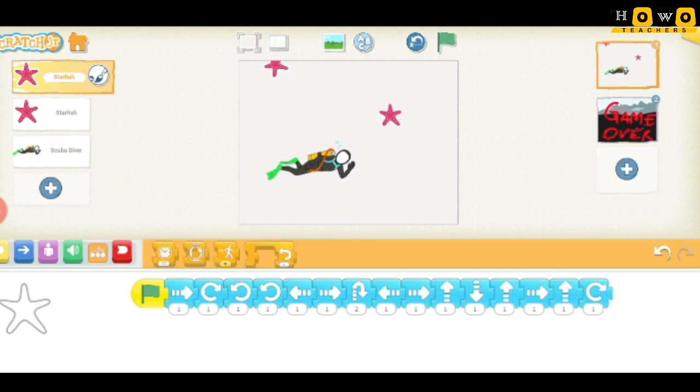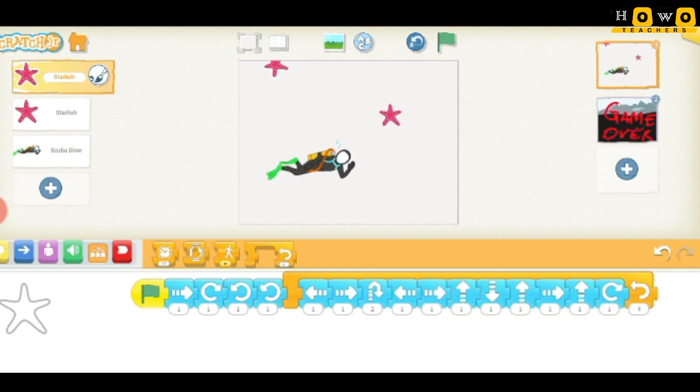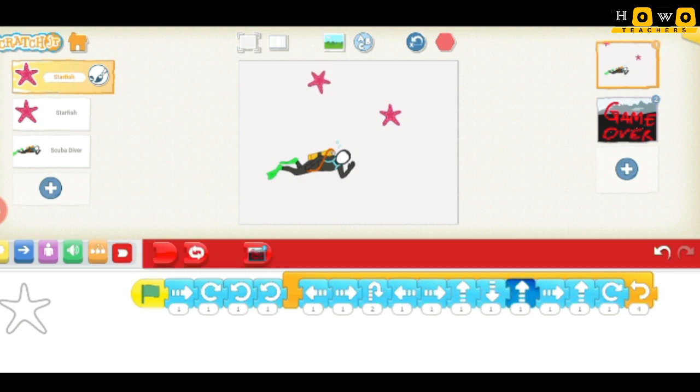Now I am going to add this block, and this block is actually the loop. Loop is the thing where whatever we have added inside it will get repeated again and again. So this is the loop that is going to happen again and again. Okay, and also I want that this should get repeated. So I am taking this one. You can see here, repeat forever. I am taking this block and adding it at the end. So whenever the game is played, it will move again and again in random positions.